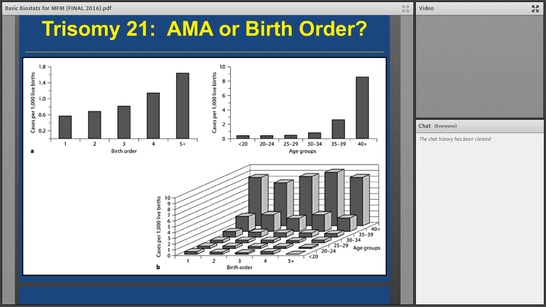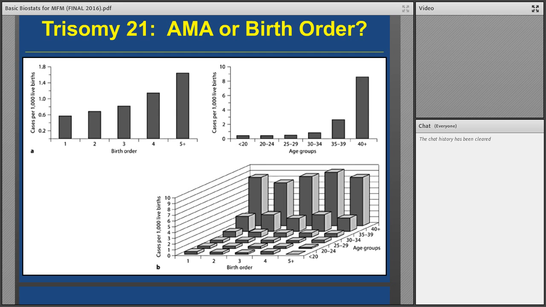When you look at the two graphs on the top, it looks like, wow, birth order and age both have an impact on the rate of trisomy 21. So cases per 1,000 live births on the y-axis, and on the upper left, birth order, and the upper right, age groups. So it's hard for us to determine which one is the covariate and which is the real